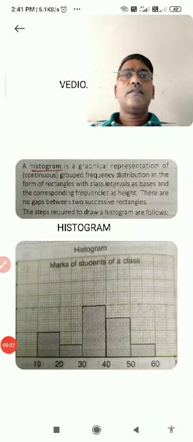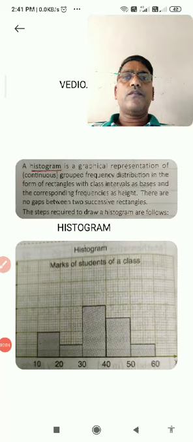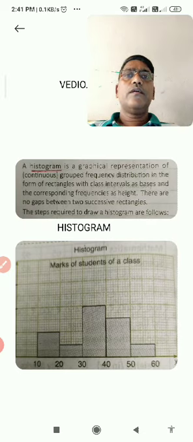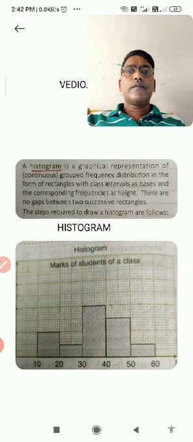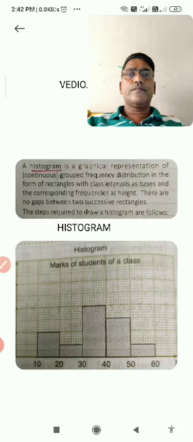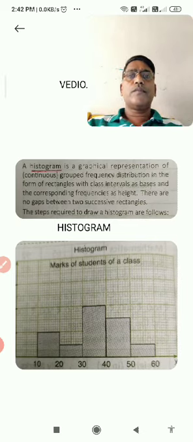Okay, welcome to all. In part 1 video of chapter 5, I explained the frequency range and the frequency distribution table, and how to construct it. We have completed that in detail, and now I want to make clear how to interpret the data in the form of a histogram. We interpret data in different ways. So how can we show data in the form of a histogram, and what is a histogram?